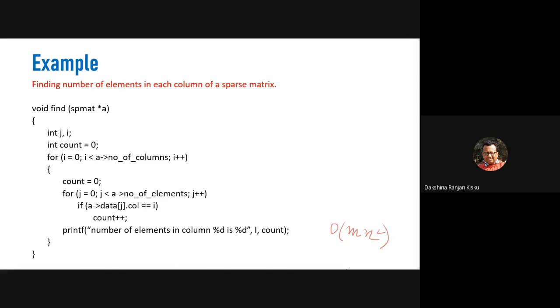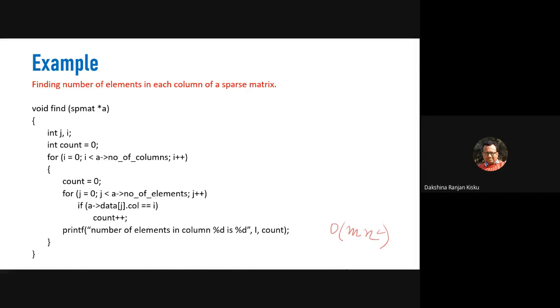And inside the first for loop, a arrow refers to the number of columns. Here a is of type spmat structure, so a is the structure variable. This structure variable is used to invoke the number of columns and number of elements, as well as the elements in the data array.